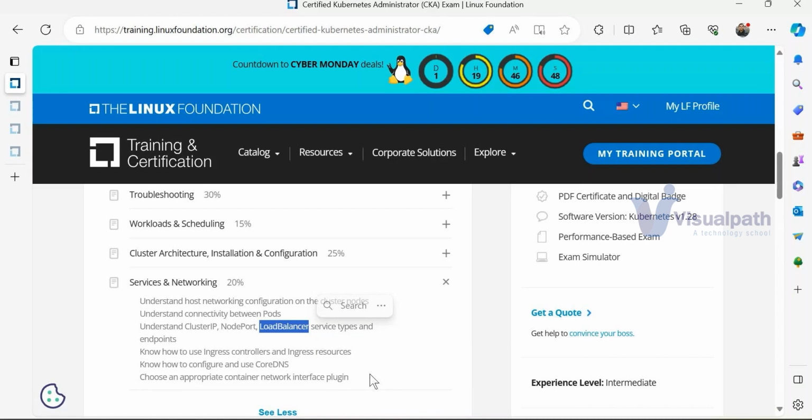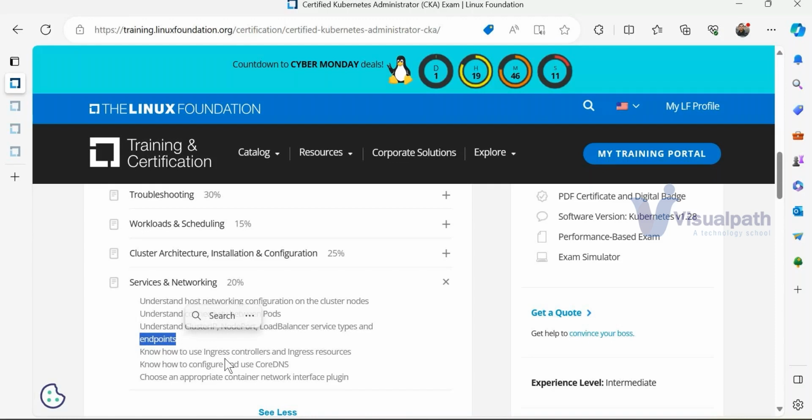So these are service types. Which one to use, when to use, how to use, I will be teaching you. We will understand ClusterIP, NodePort, LoadBalancer, all types of services and their endpoints. What do you mean by endpoints? Endpoints are nothing but the URL or the IP address through which I will be accessing this service. When I want to access through an API or REST API, I need a URL. Or if I want to access the application directly, if my DNS is not installed, how can I access it? Through the IP address. We'll talk about DNS and all that, but all these endpoints will be collected.